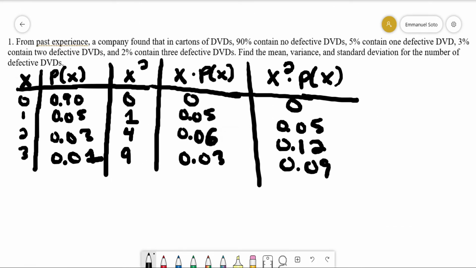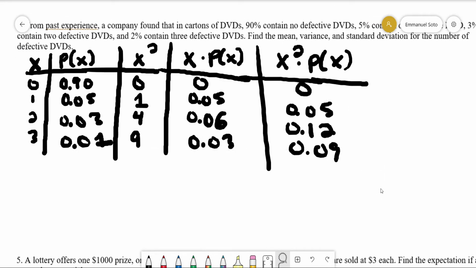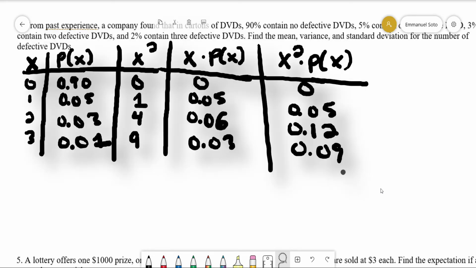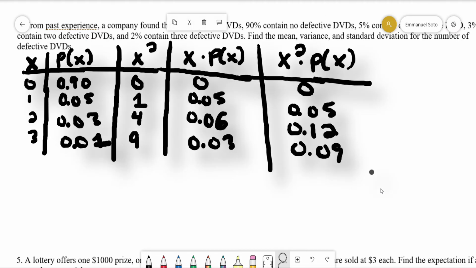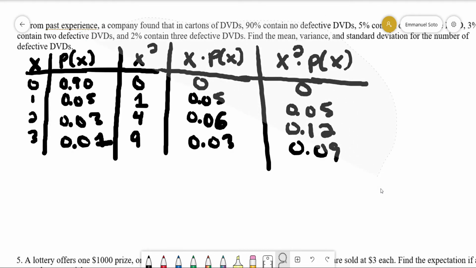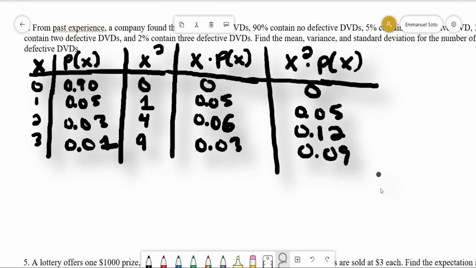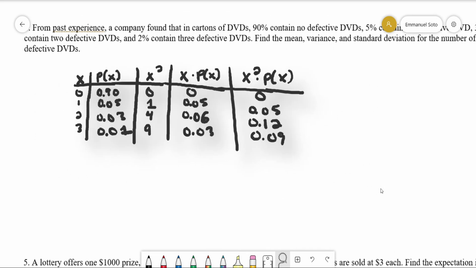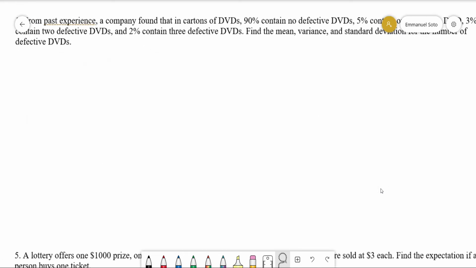So now we're going to go ahead and make this a little smaller. Okay. All right. All right, that's better. Okay, so now